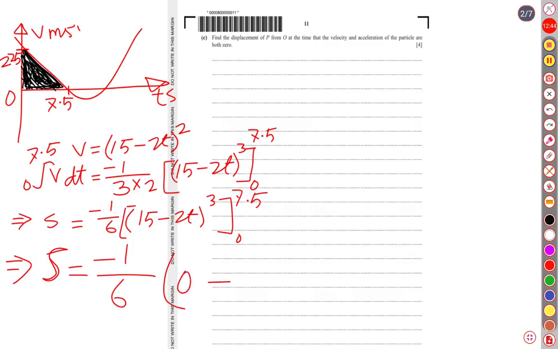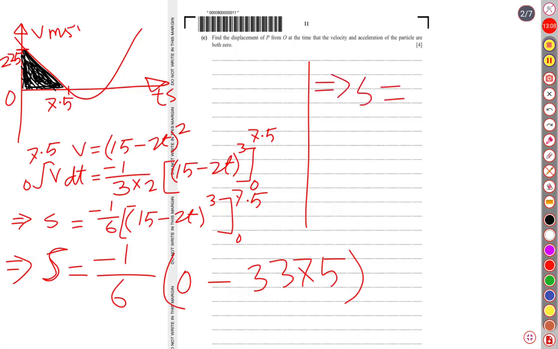Then minus, if t is equal to 0, the lower limit, it is 15 minus 0, means 15. So it is 15 cubed, which is actually 3375. If we simplify more, negative negative becomes positive, so it is 3375